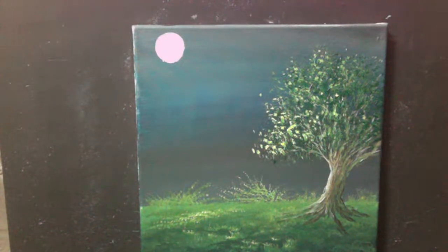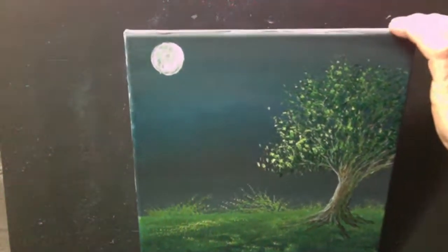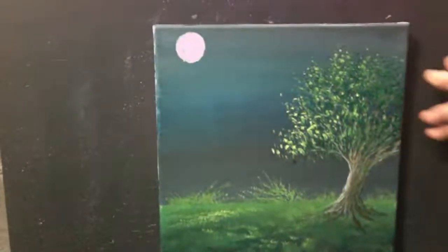I think I need like, I have special lighting in here because I don't do well with natural lighting. But it actually looks probably closer to that. But anyway,